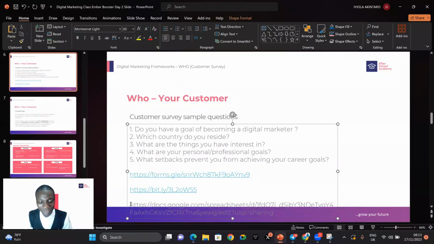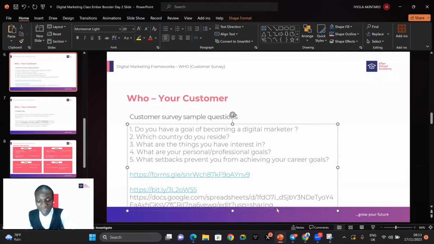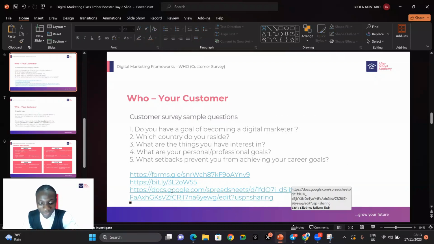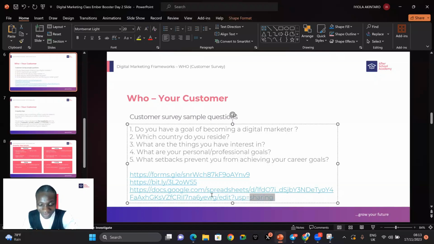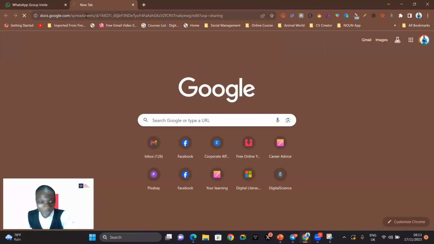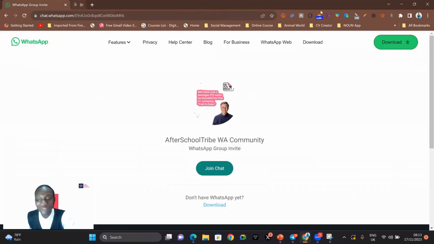So it can be a very long link. You don't need to worry about that. Just paste it like that. And if you know how to use all these short URL tools, you can go ahead and do that. How to shorten a URL, you can use that to make it better. But if you don't know how to do that, just leave it very long like this. But ensure that you test it before you send it. Make sure it is working well. So to test it, just copy it again, then paste it in another browser and see that it's working well. Alright, it's working well. So you are done.